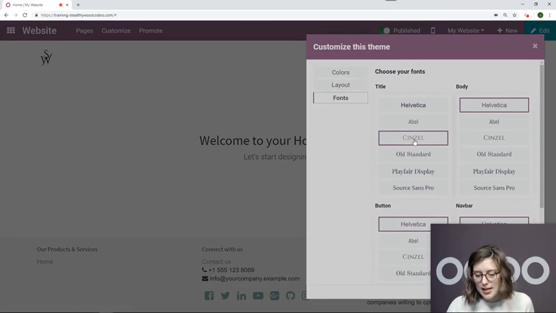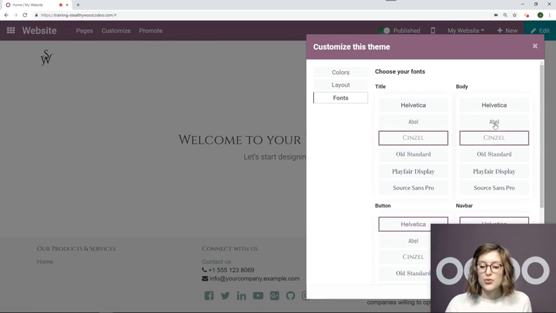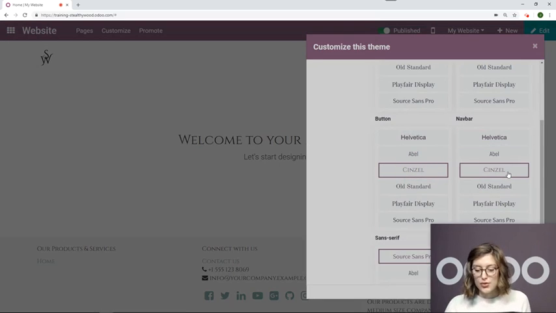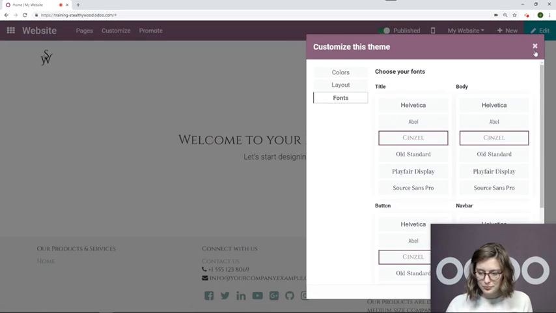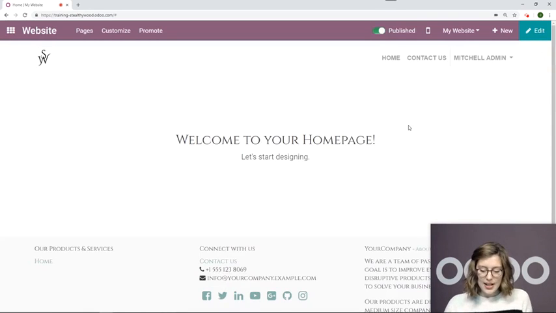So I really like Cinzel, so I'm going to add that for almost everything, but of course I can have different fonts for my body or the button or the title, whatever I choose, so I can really customize it to my preferences. Okay, now we'll exit this, and we're going to really start putting the content into our website